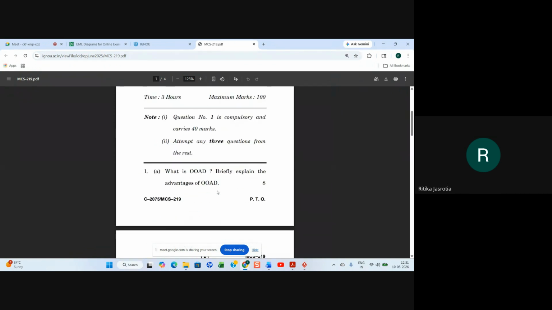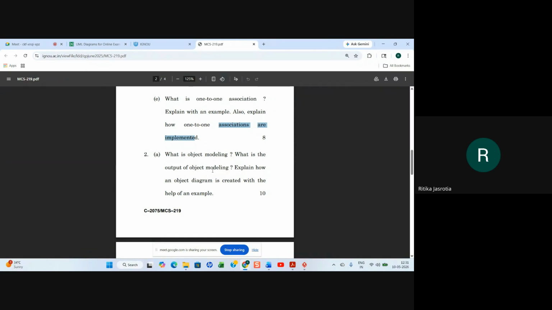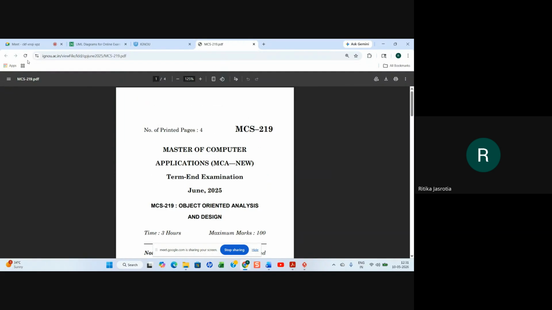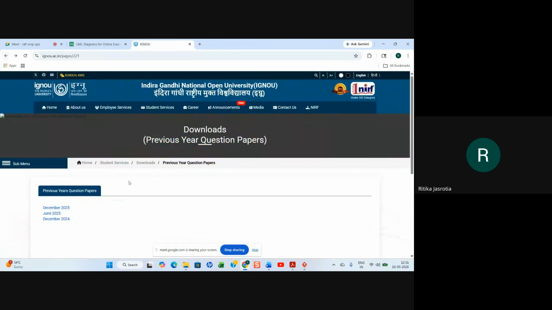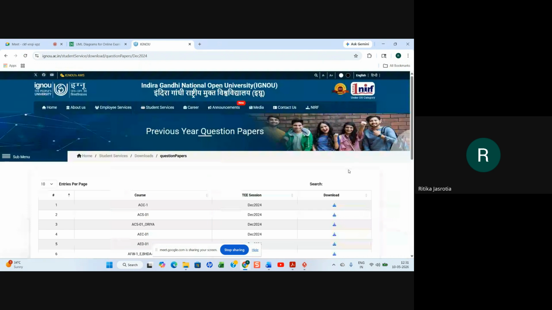Can you understand how you have been asked the questions? It may come or may not come. The implementation one may come or may not come. But in this paper, once it has come, so that is there. I'm just showing you. So you just have to show the structure, not the full code, and nothing has to be done.